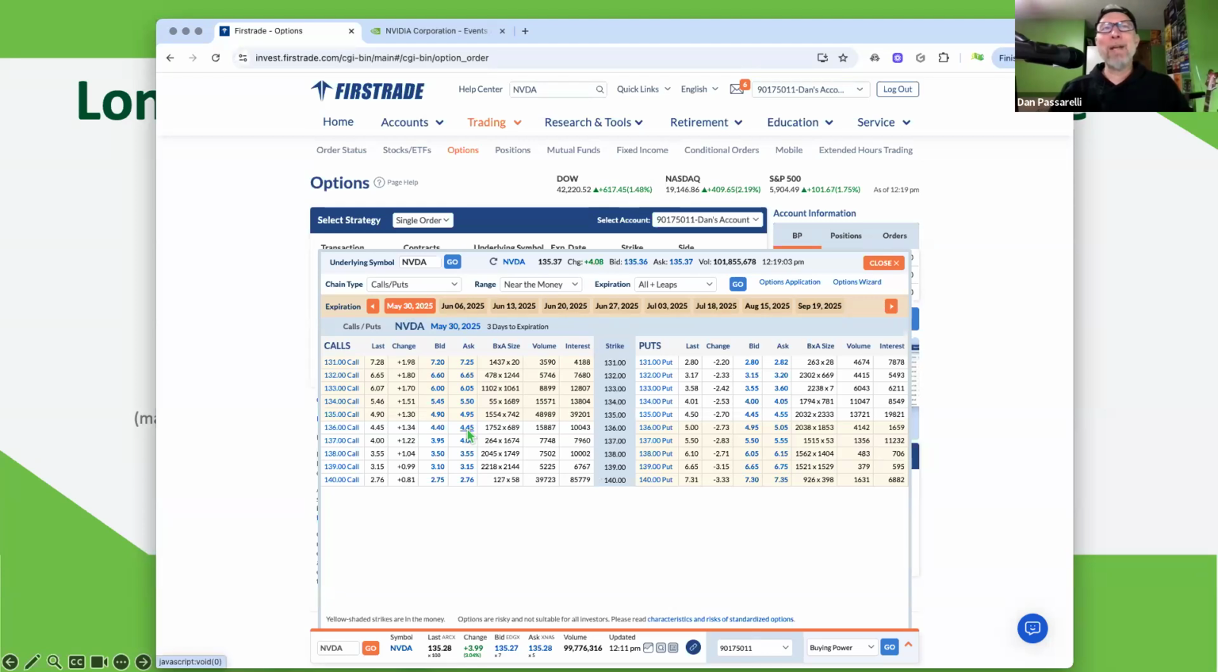So we could buy, or a trader could buy, the May 30th 135 calls at 4.95 and the May 30th 135 puts at 4.55. So we take out, I have a very sophisticated device